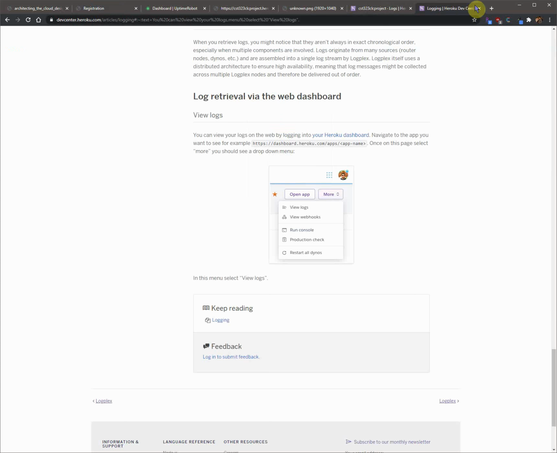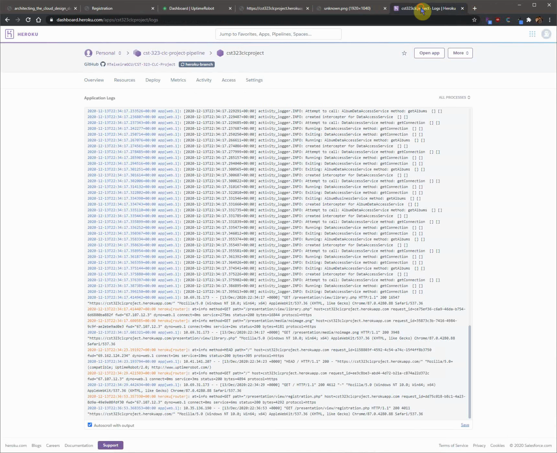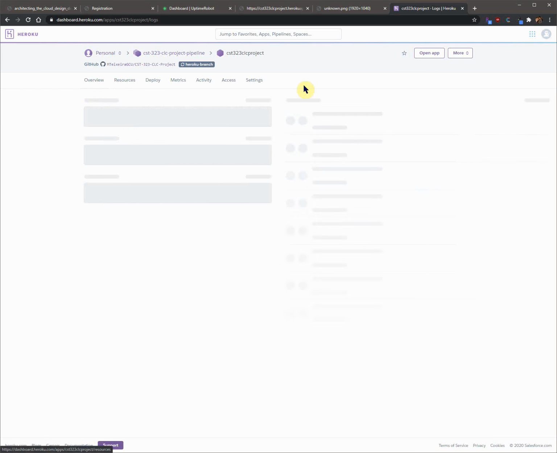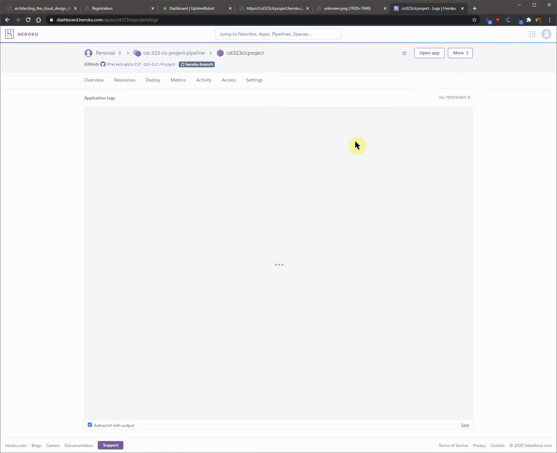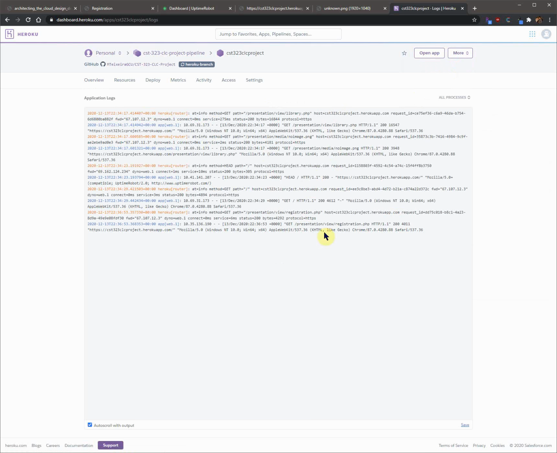In order to view the logs on Heroku, there's this more option up here, and you can click view logs. It'll show you all the logs that are going on right now, and then saved logs are separate from this, in any specified